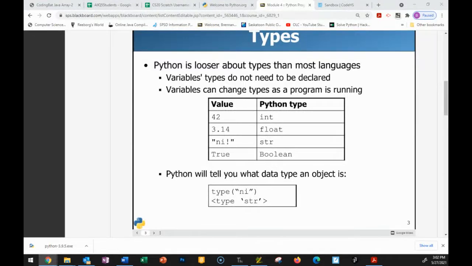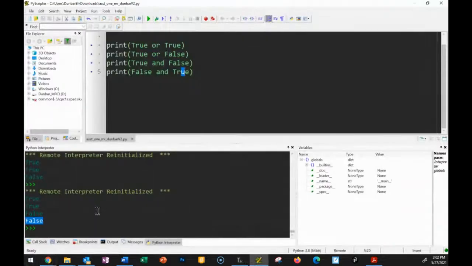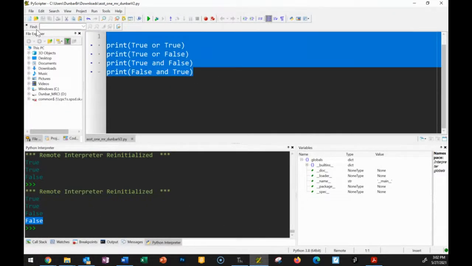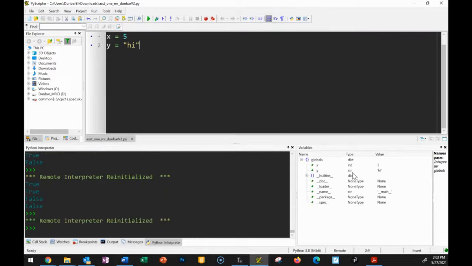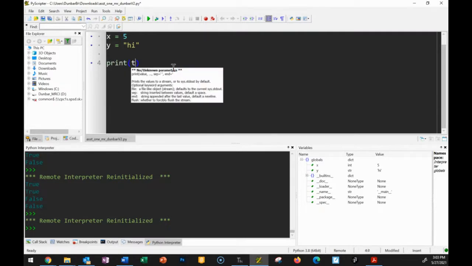And you can always tell what type of a data type an object is. You can either look at your variable list. So you can look over here and see what any of these values or variables are. Let's say x equals 5 and then y equals pi. You can look over here, right? Got to run the program first, but you can say x is an integer, y is a string. You can also have Python specifically tell you if you do print and then type